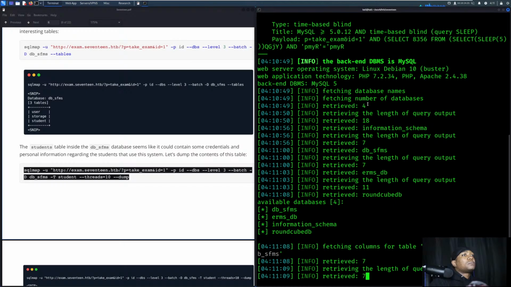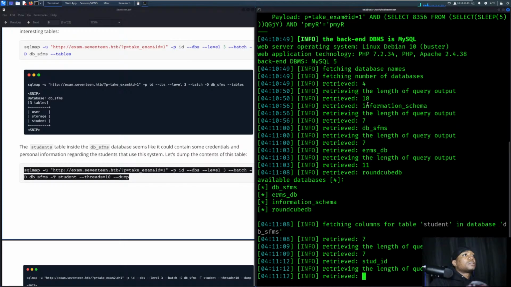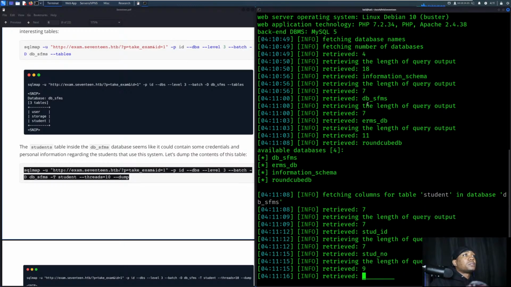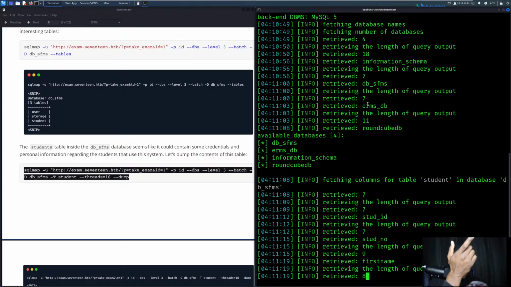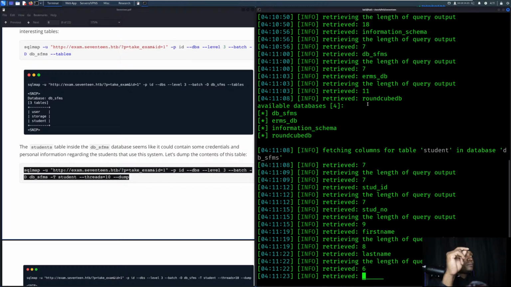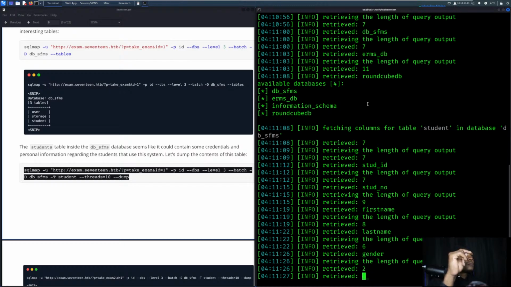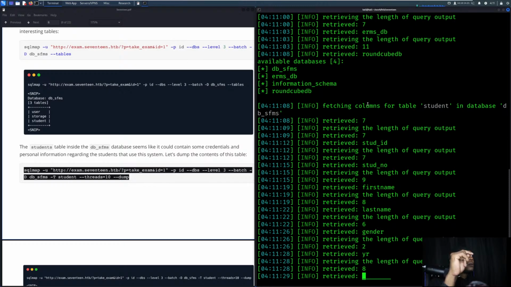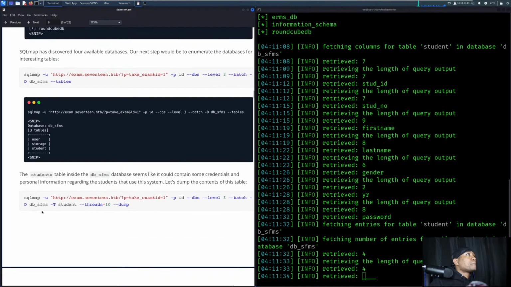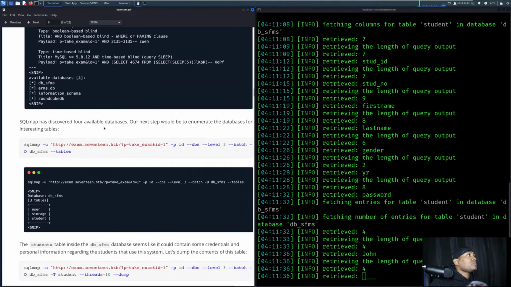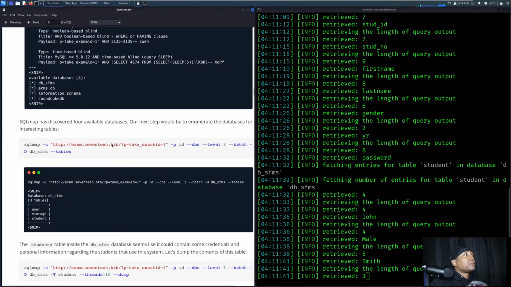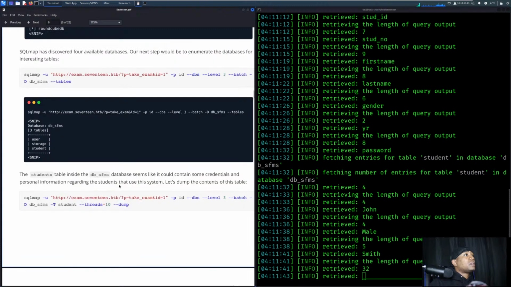All right. So we got 4 databases, and from there, I did T student. So, I guess I don't have to really walk through this. According to this walkthrough, you discover databases. Your next step would be to enumerate the databases for interesting tables. And then,